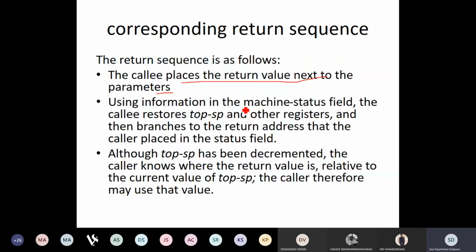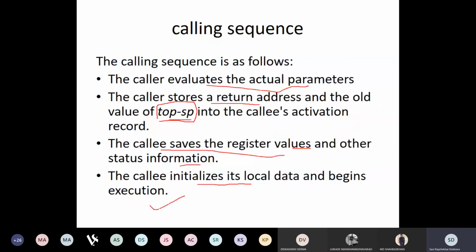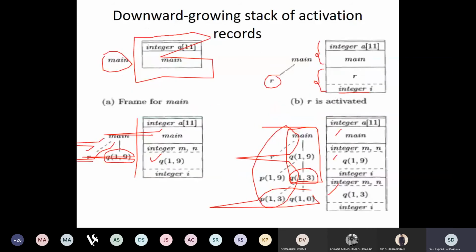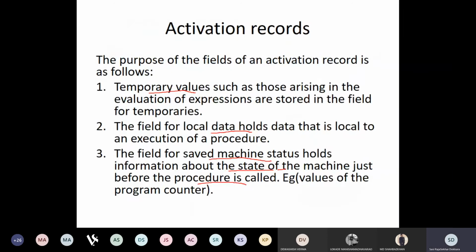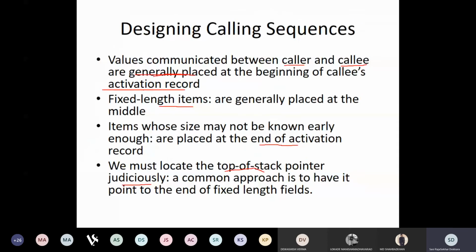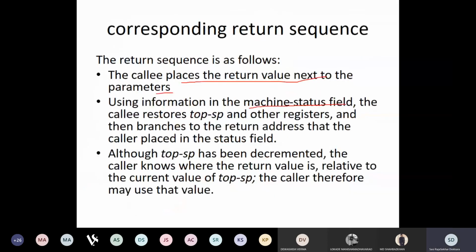Then using the information in the machine status field, which we have seen in the activation record here, this is the saved machine status field. Using this information, the callee restores the top of the stack pointer, because what exists there is the address where the caller has stopped.